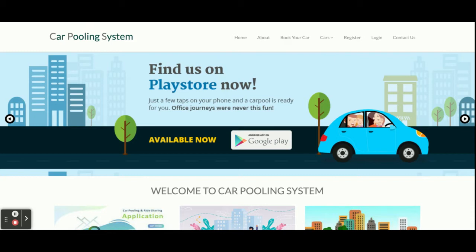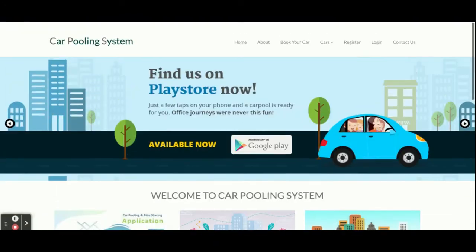Carpooling system. Let's go through the functionality, what we have implemented inside this project, and what functionalities are available in this project. Right, so the project title is carpooling system, and it's a major project developed in Python, Django, and MySQL. It's a web-based project. Right, so let's start. This is the home page of the project. You can see this is a simple home page,